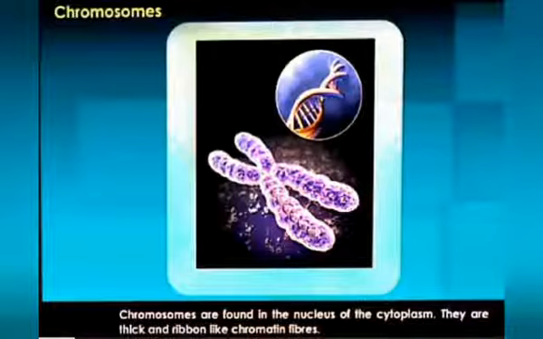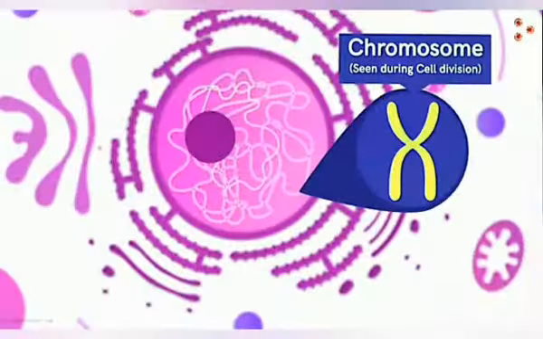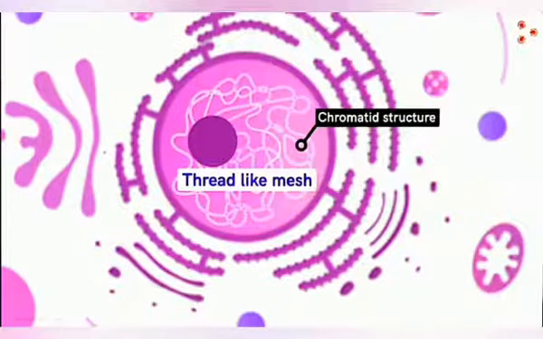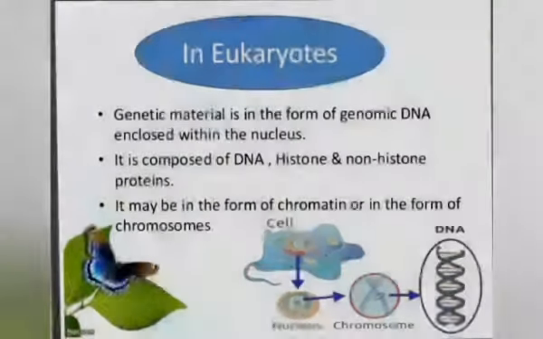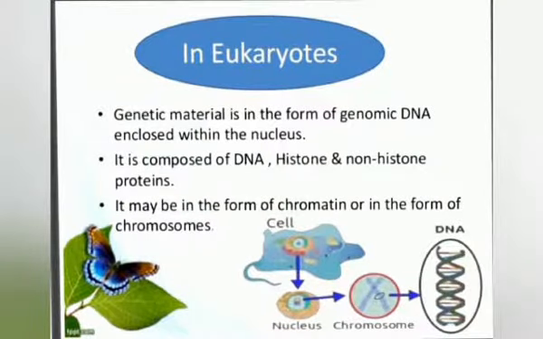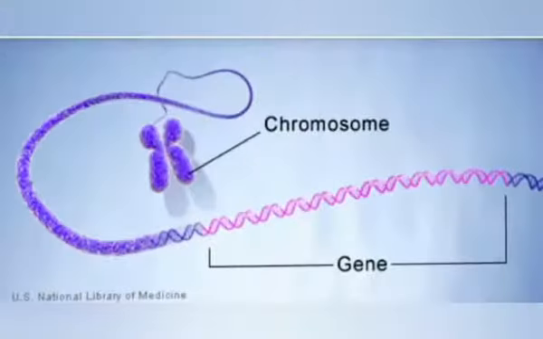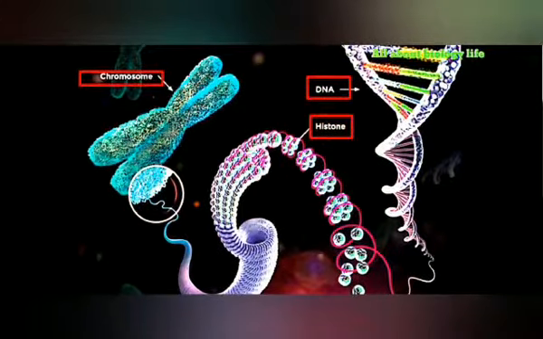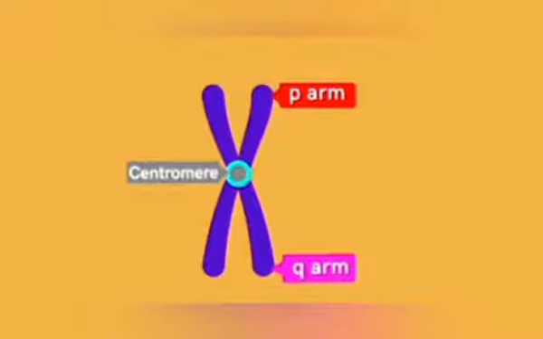Chromosomes are thread-like structures that appear at the time of cell division, made up of chromatin material in eukaryotic cells. They contain heredity units called genes. Chromosomes are made up of DNA and basic proteins, histones, and appear during cell division in the shape of a rod. They have two parts, arms and centromere.